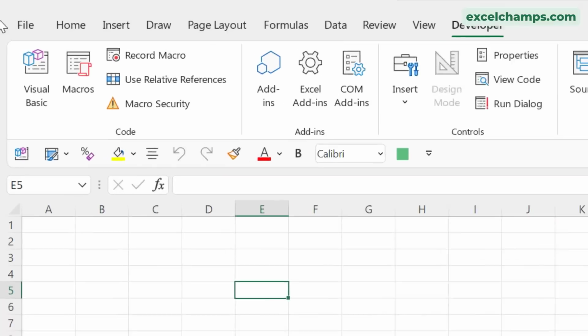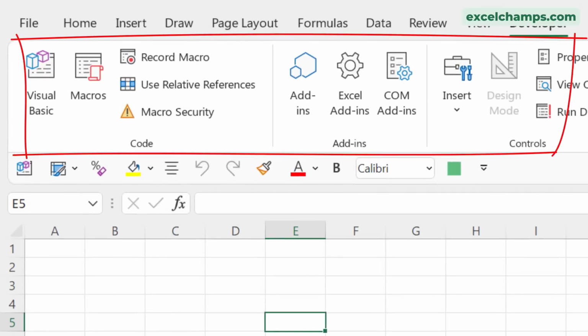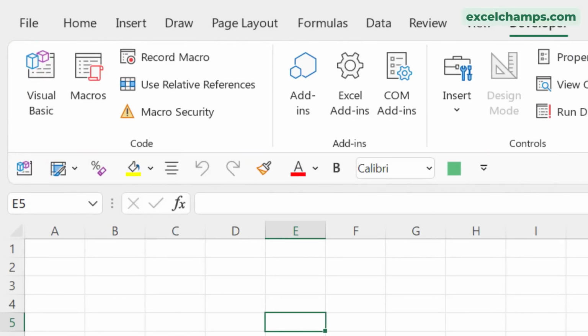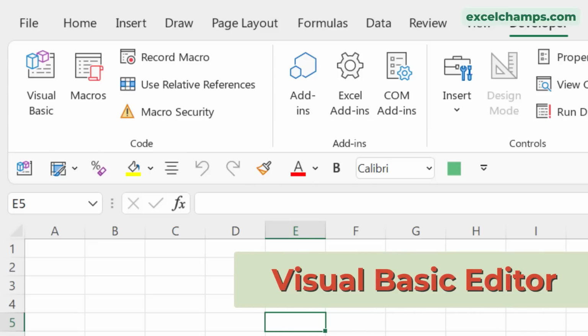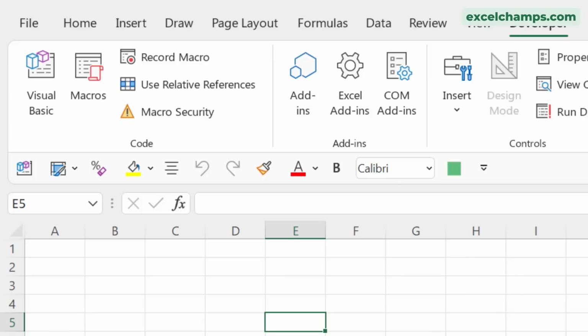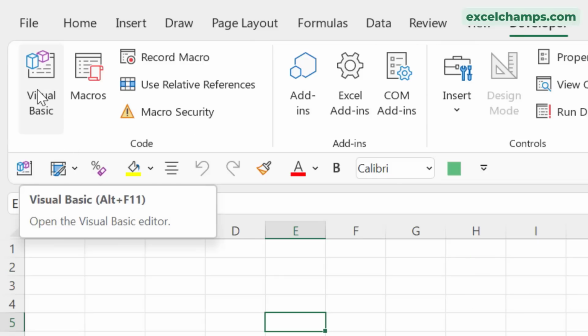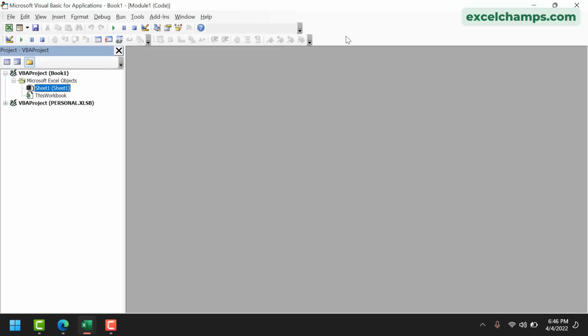I get this bunch of options here. Right now, you simply need to focus on the Visual Basic Editor. So Visual Basic Editor is that application which we use to write codes in Excel. So here is that Visual Basic Editor. I need to click on it to open it, or I can also use Alt plus F11, the keyboard shortcut, to open it. Now in this Visual Basic Editor, we need to understand quite a few things before we start